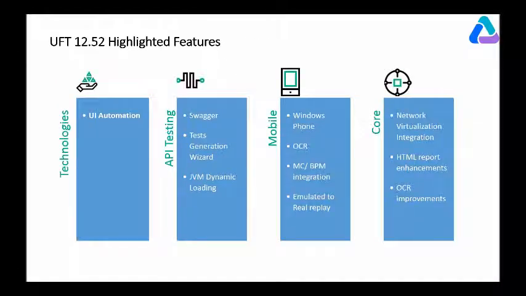So if we want to articulate specifically what are the 1252 highlighted features, those will be the ones. So we have four pillars here. One is the technologies, and much emphasis was given to UI automation. UI automation is a Microsoft API for automation. In a way, we embedded it as a recording mode, as a test object with its own test object